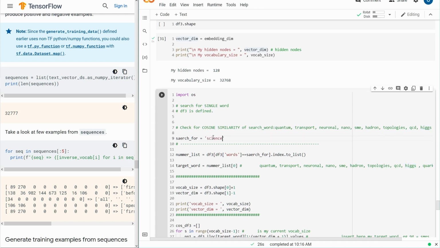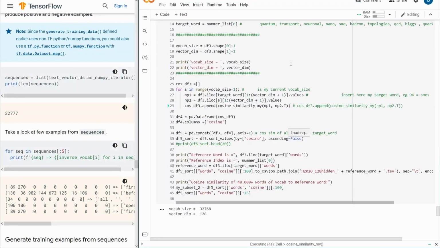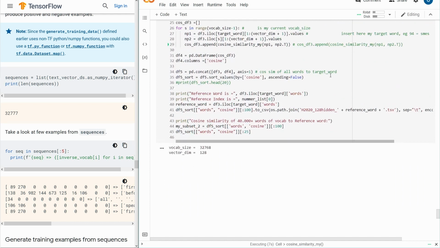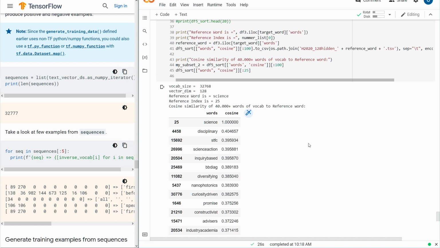Science. And you might ask, okay, if we have science, what are the semantically closest words to science given our particular training data set of European research or R&D, research and technological development projects? Let's see if around the cluster focusing on this particular word, there are other words that make sense to us as humans. And here we are: disciplinary, multidisciplinary, science and actions, inquiry-based, nanophotonics, curiosity-driven science,